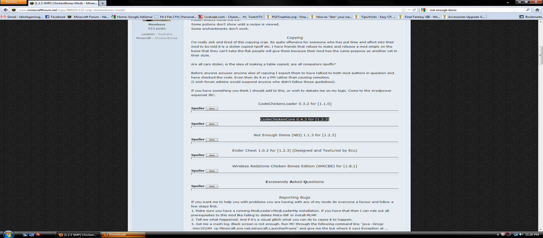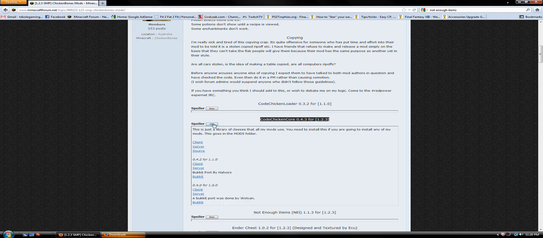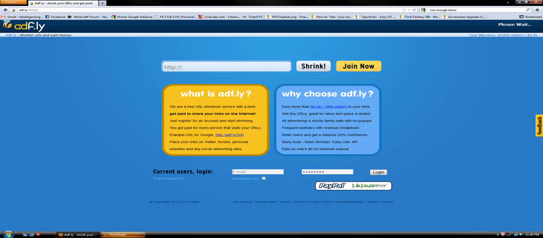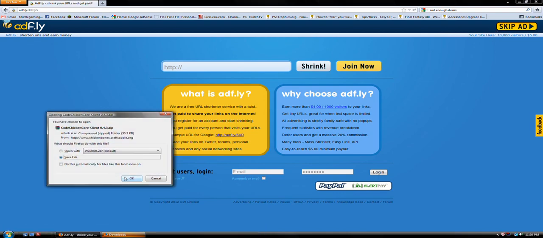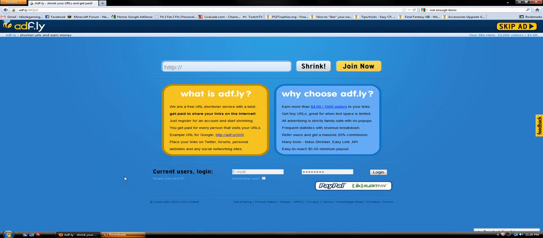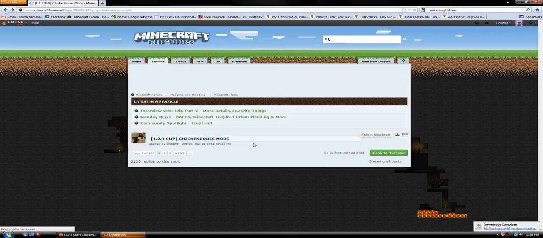So let's download code chicken core 0.4.3, and we just show that, and right here we download it for the client, and it's another ad fly, so let's wait. And click skip ad, and we save file. Awesome. So let's go back to the chicken bones mods Minecraft forum,